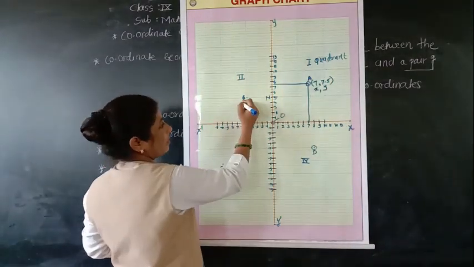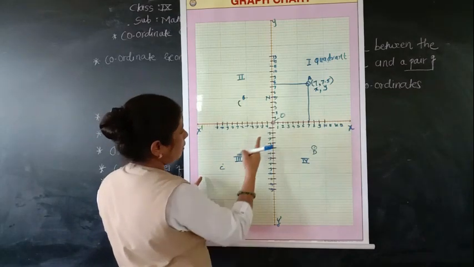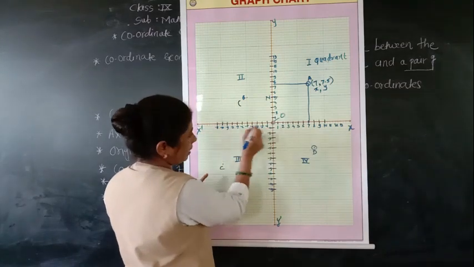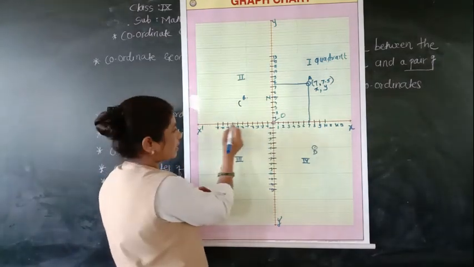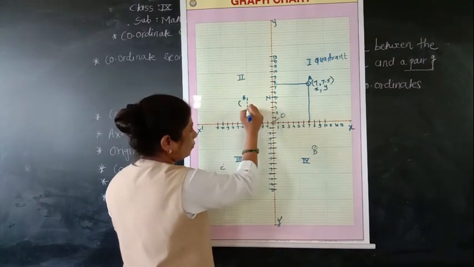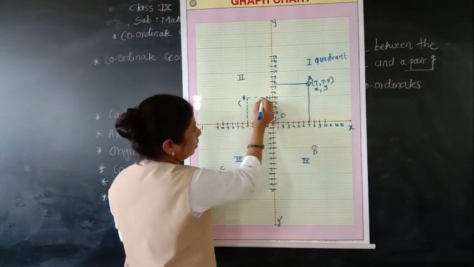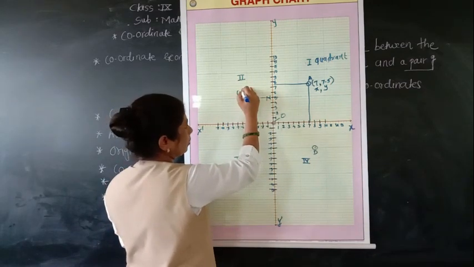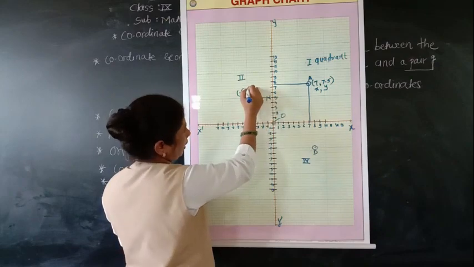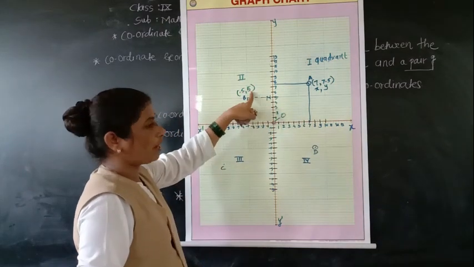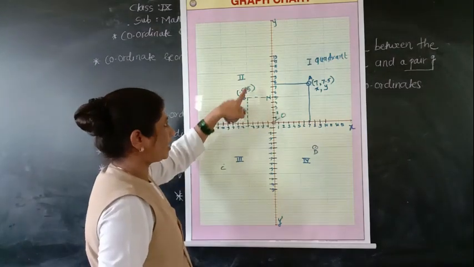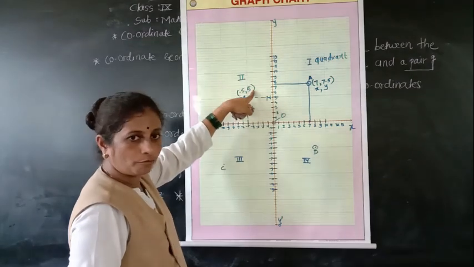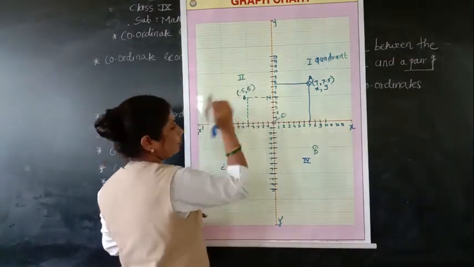Now in this way we will see the coordinates of point B. We have to write the x coordinate first. This is the negative part of your x axis, which point I will show with this dotted line. We have already learned this, so this is -5, and this is +5. So -5, 5: this is the x coordinate and this is the y coordinate. So these are the coordinates of point B.